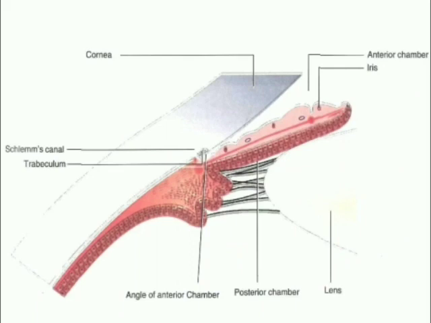Before discussing the anterior chamber angle structures, we need to know what an anterior chamber is. The anterior chamber is essentially bounded by the back of the cornea anteriorly and by the anterior surface of the iris and ciliary body posteriorly. So anteriorly, the anterior chamber is facing the back of the cornea, and posteriorly it is facing the iris. So essentially, the anterior chamber angle is formed by the cornea and the iris. That's the anterior chamber angle.